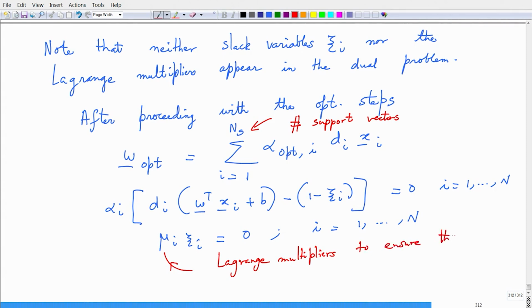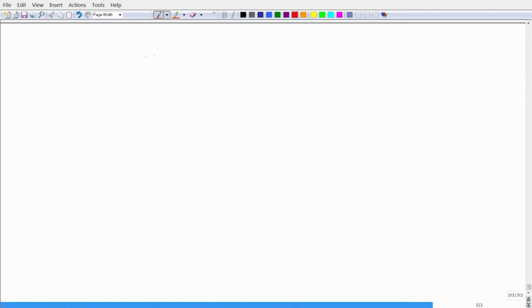to ensure that the slack variables zeta I are non-negative. So, you need to have constraints over the slack variable zeta I. Therefore, you bring in Lagrange multipliers mu I to ensure that they are non-negative. So, these are some important considerations. So, therefore, if you look at the primal problem, right, at the saddle point,